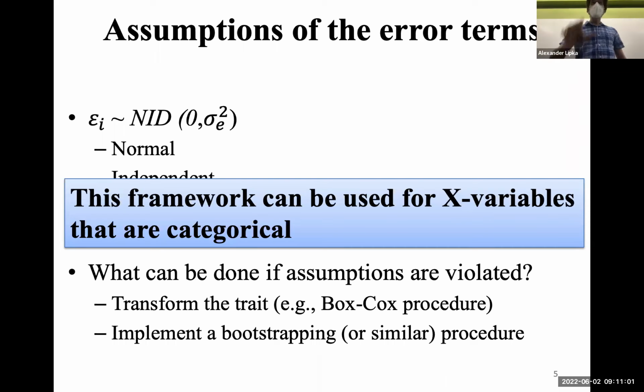Okay, so the question is, what do we mean by bootstrapping? Okay, great. So you can think of it like this. Let's say we have 1, 2, 3, 4, 5, 6, 7, 8 people in this room, right? So if I were to randomly select a sample of 4 of you with replacement, okay, that is a bootstrap